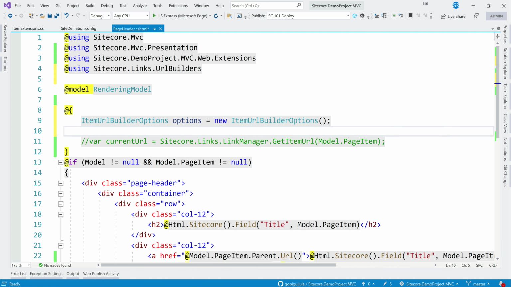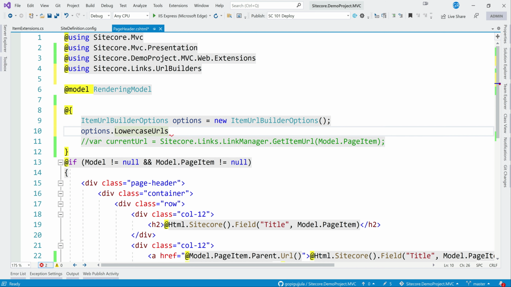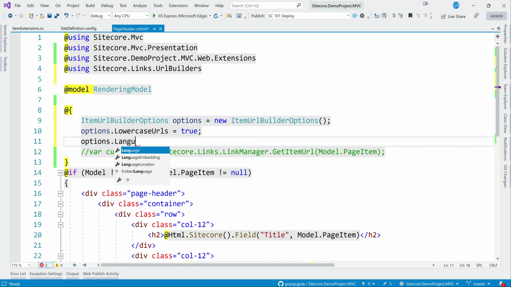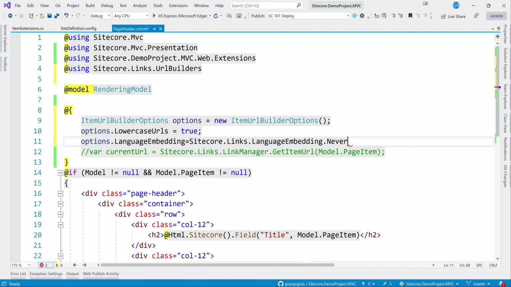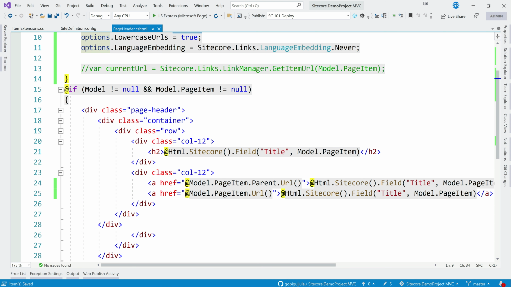Yeah, I can send options dot lowercase URLs equal to true, and options dot language embedding equal to, it's an enumerator, so I'll put never. Okay, these options we can send as part of here.